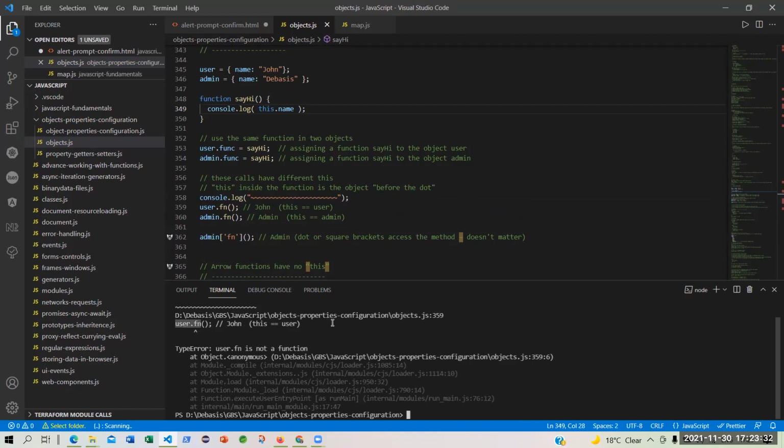because this is fn, user.fn. Where is the problem? Yes, here is the problem. I'm calling a function by the name fn. Did I assign that function say hi to func or fn? Func. So shall it not be func?